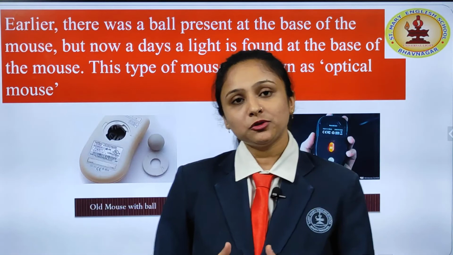Now what are the activities which the mouse can do? 5 activities, which are click, double click, right click, drag and drop and scroll button. All 5 can be asked in your question answers. Which are the 5 things a mouse can do? What are the activities? So these 5 you have to remember. Which are they? A click, a double click, right click, drag and drop and scroll button.